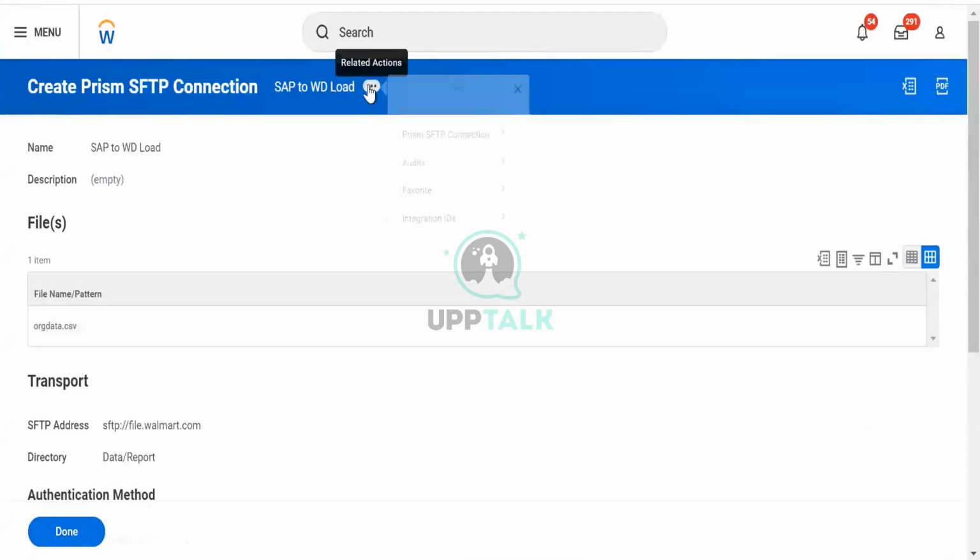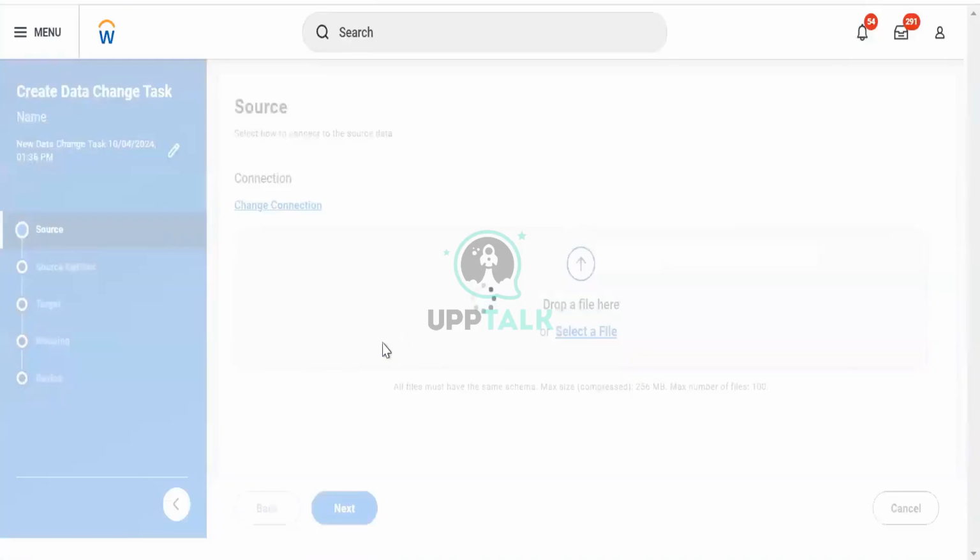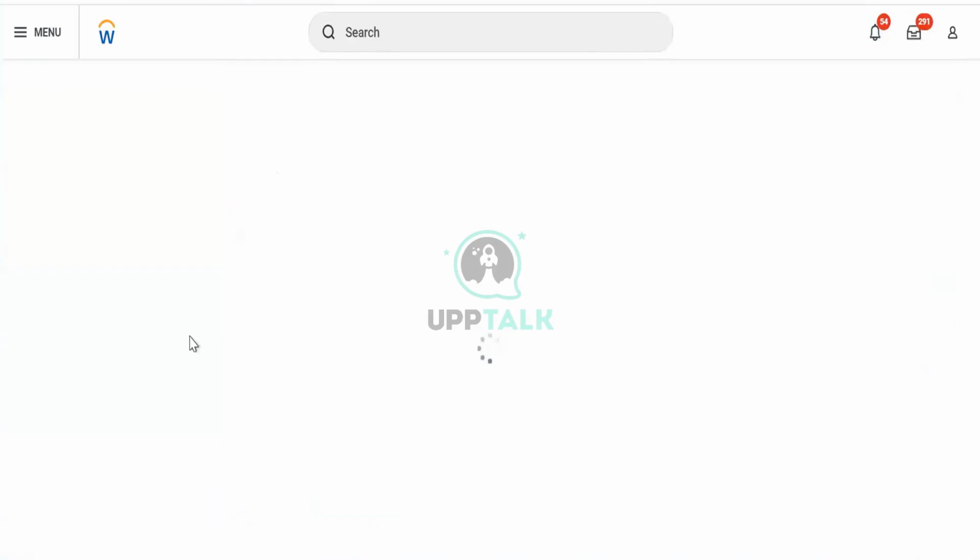Here you can see this is all configured. And now what I can do is use it in Prism. I can test this connection and view the connection for which I created it. I configured it for any tenant, for any table. Here there are two ways to run an integration. One is that in